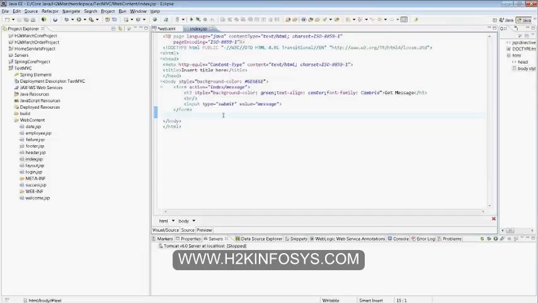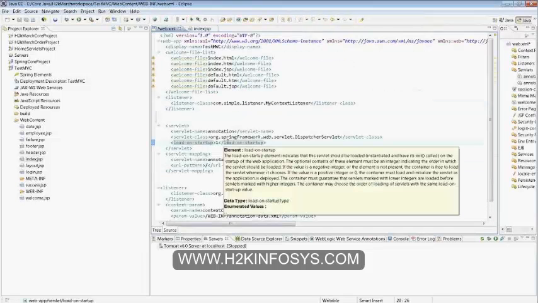My index.jsp just consists of a simple form. We'll come back to action again; forget about that. After that, it will just consist of a simple button, input type submit, and the value is message. So it's a simple form which consists of a button. Once it has triggered a request, it will be received by your dispatcher servlet, and your dispatcher servlet looks for